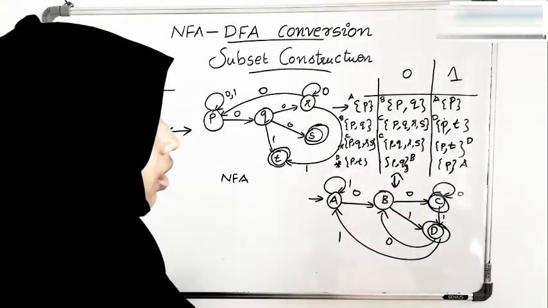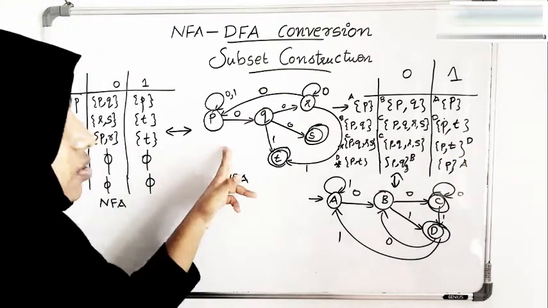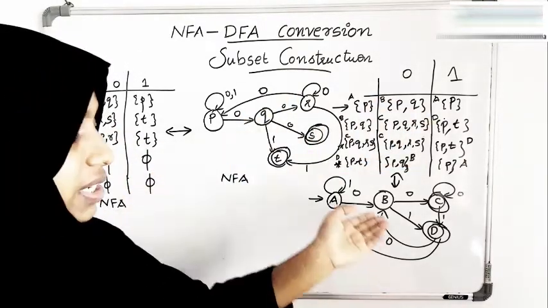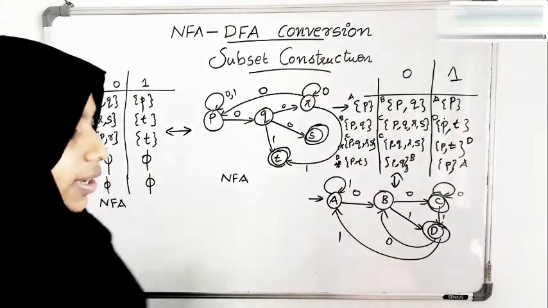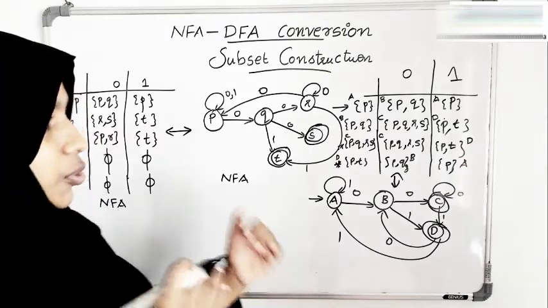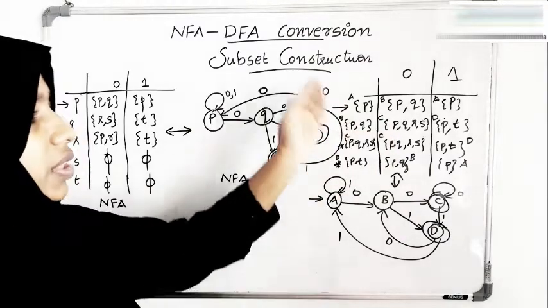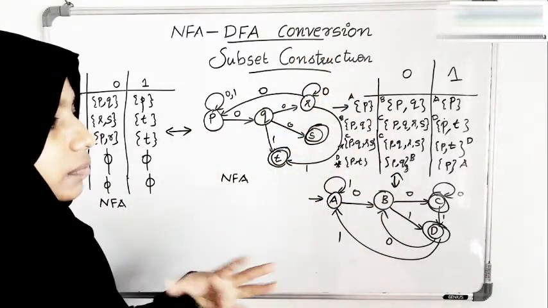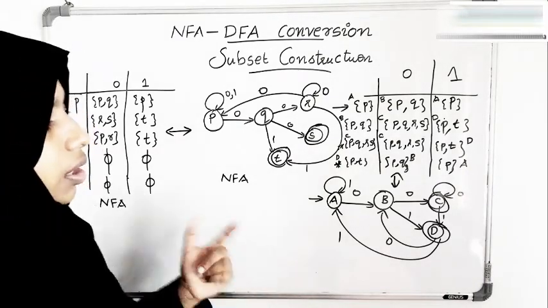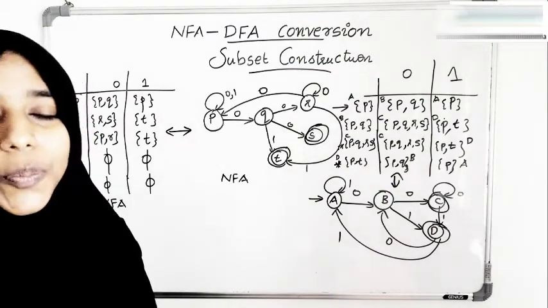These two are equal. These two are equal. This is the transition table for the NFA. This is the transition diagram for that NFA. This is the transition table for our resultant DFA. This is the transition diagram for our resultant DFA. Hope you understood the conversion. This is pretty easy. The only thing is to start with the start state of the NFA, putting that in a set. Then apply all the input symbols. The resulting transition table that you got will be that of the DFA. Now, if you are comfortable with the transition diagram, you can simply convert that into a transition diagram. Hope you understood. Thank you.